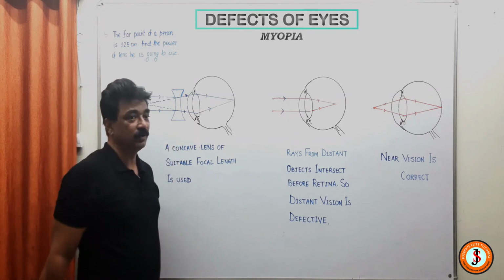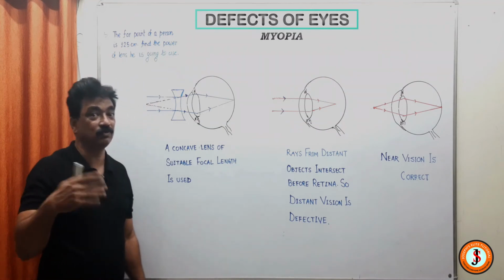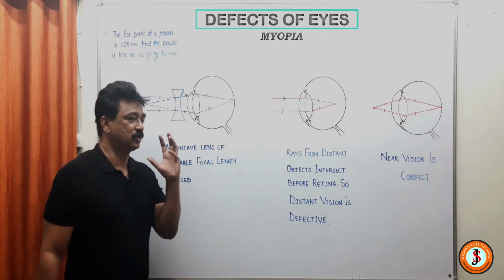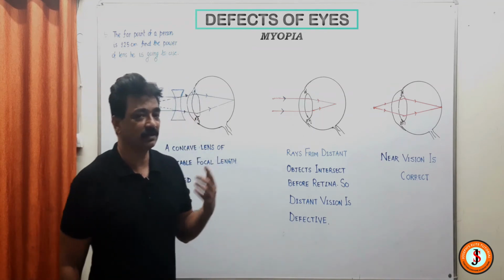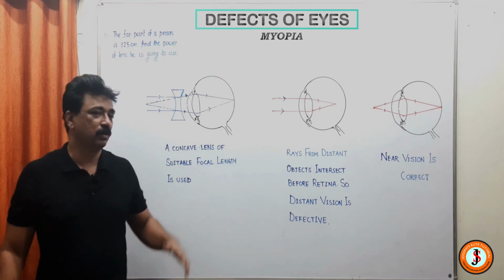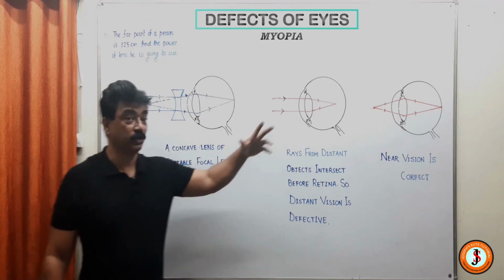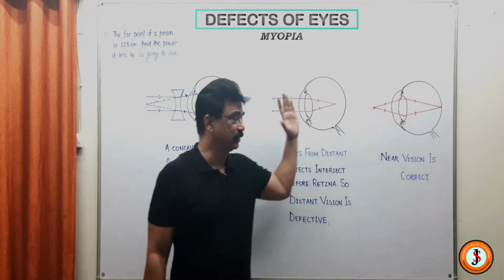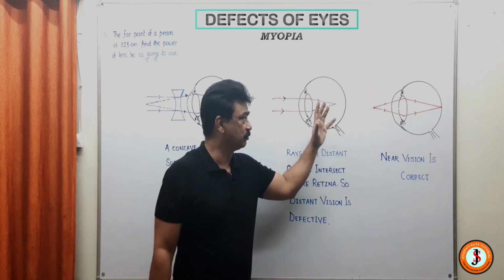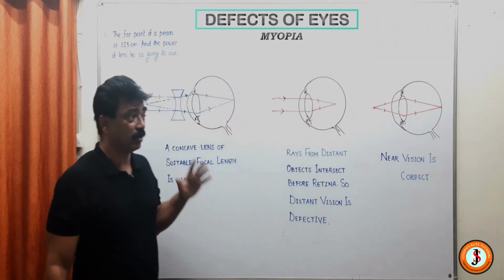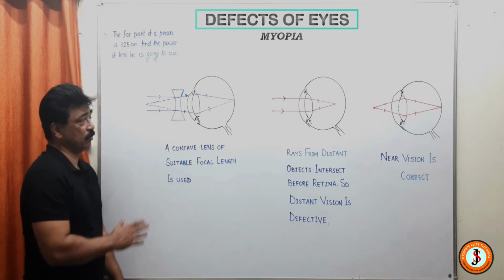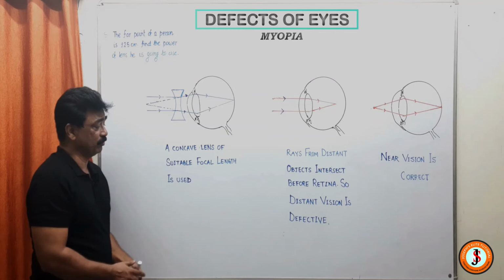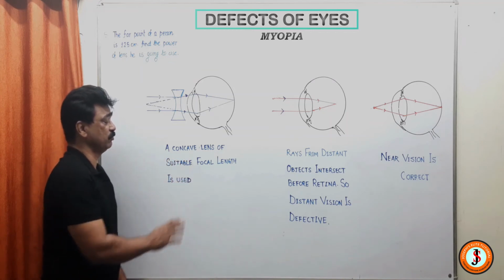So short spelling, so everything short. Between minus and plus, which is short? Minus will be considered short and plus will be considered tall. So when they ask you about myopia, straight away you understand hypermetropia, remember. Myopia is short-sightedness. The rays will intersect; near vision is correct. Second, the rays will fall short and intersect before the retina. And the minus power is used because of the short spelling. I will take short as minus, so negative power is used. So a concave lens of suitable focal length is used.